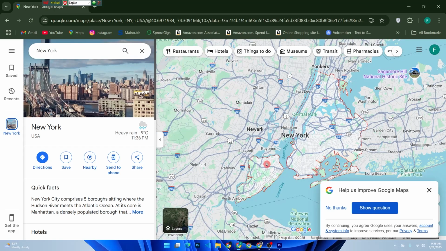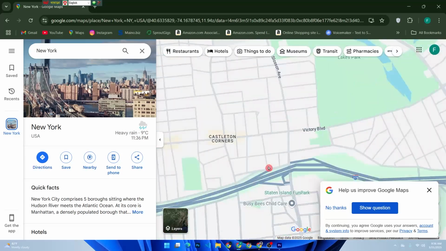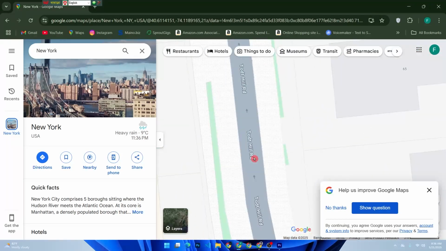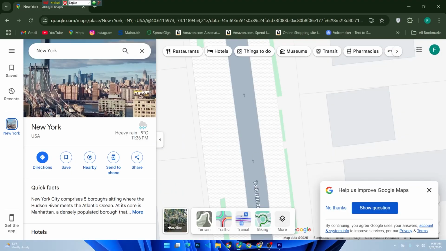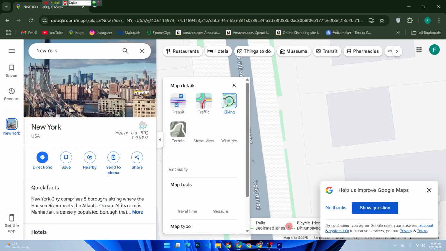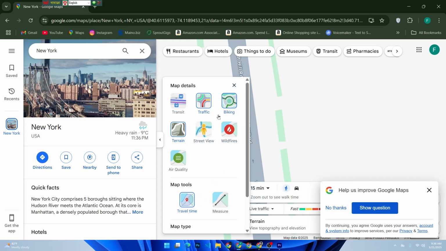Now use the zoom feature to get as close as possible to the location. Click on the layers option in the bottom left corner of the screen. From the list, click on traffic and click travel time and satellite. Then